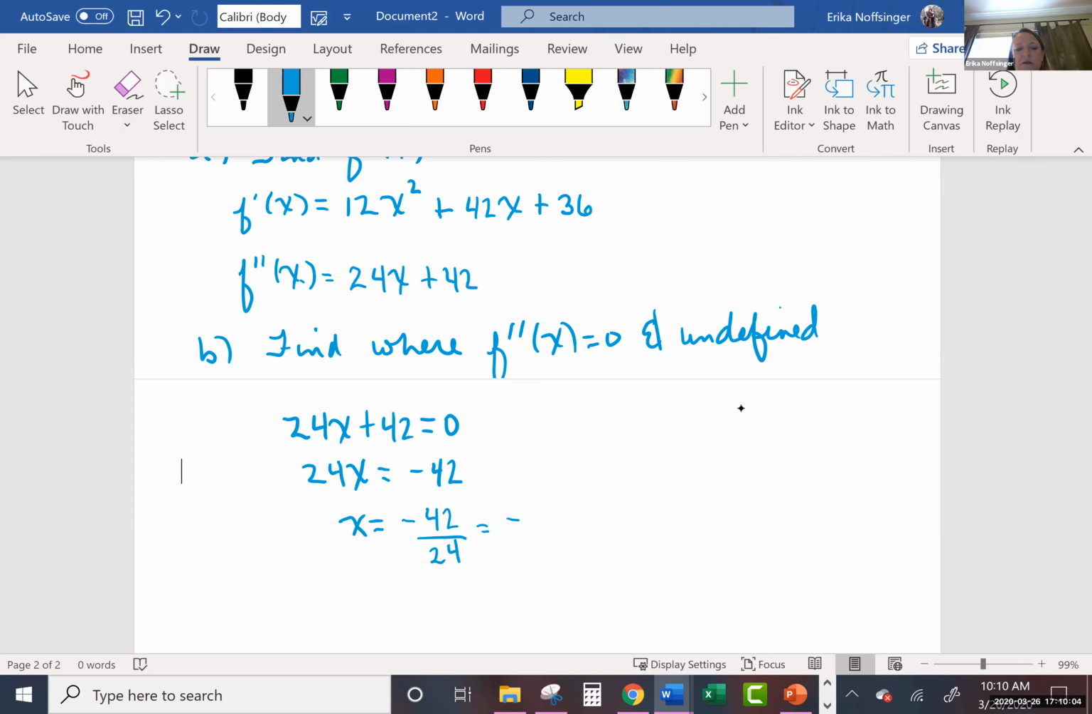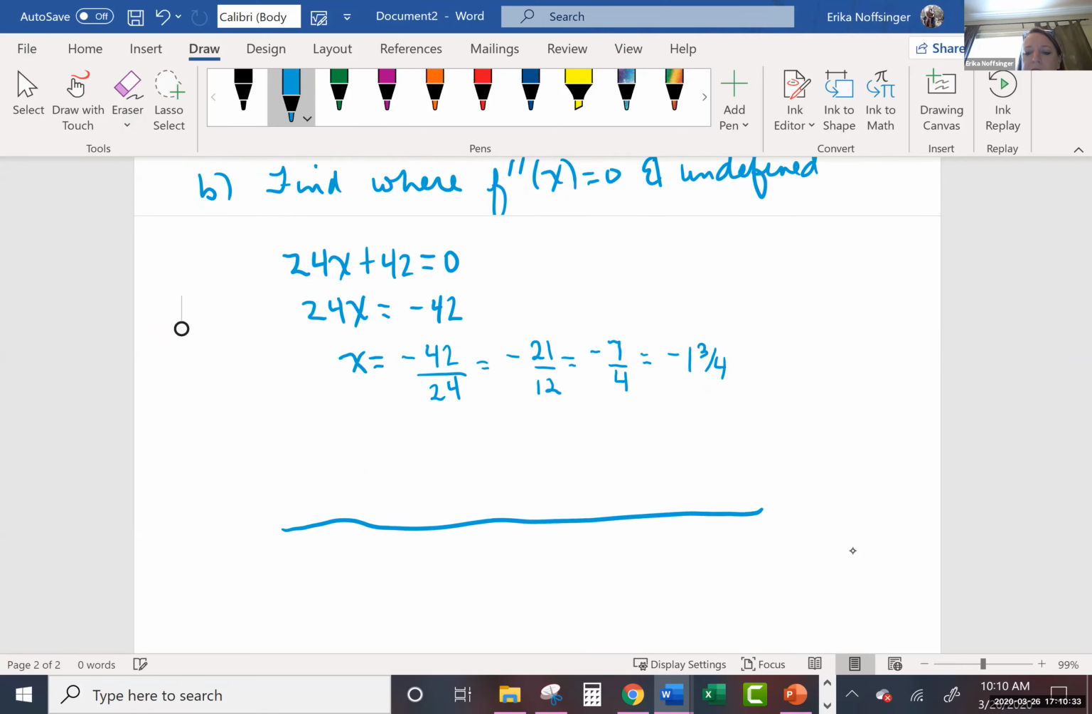which I notice reduces. They both are divisible by 2. So that would be 21/12. Well, I also notice those are both divisible by 3. So that is 7/4. So that is like my critical number,